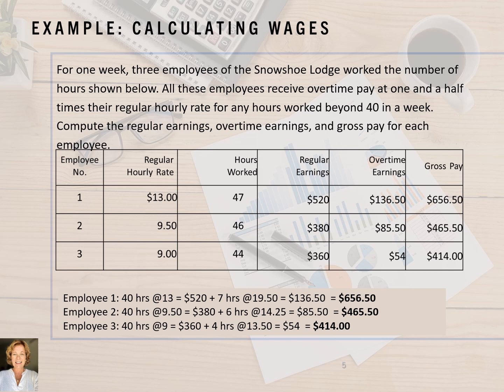For employee number 2, we calculate 40 hours at $9.50, which is $380, plus 6 hours at $14.25, which is $85.50, for a total of $465.50. And then for employee number 3, we calculate 40 hours at $9, which is $360, plus 4 hours overtime at $13.50, which is $54, for a grand total of